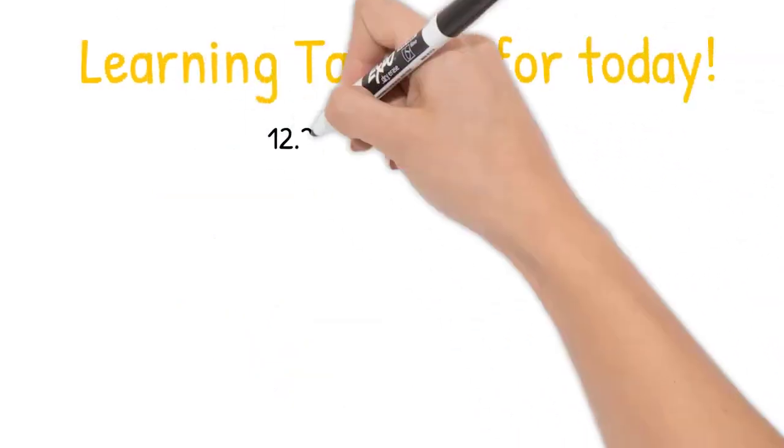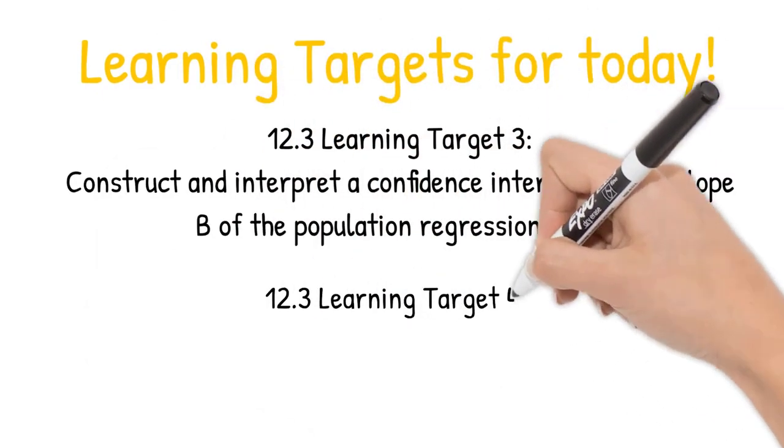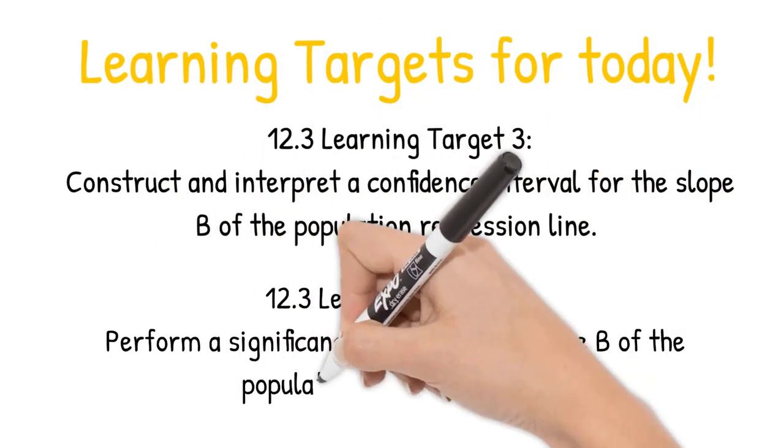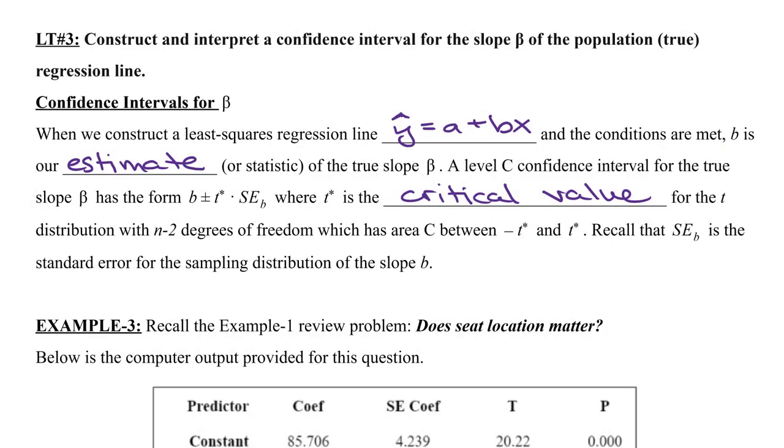Our learning targets for today are 3 and 4. Construct and interpret a confidence interval for the slope beta of a population regression line, and perform a significance test for the slope beta. The first inference procedure we're going to work on is a confidence interval for a slope